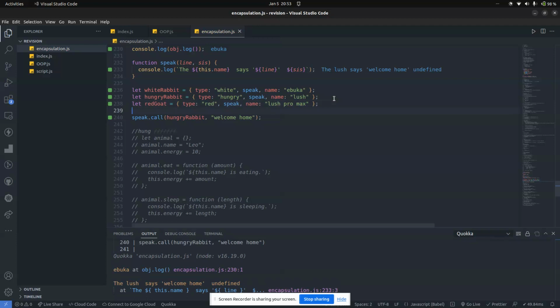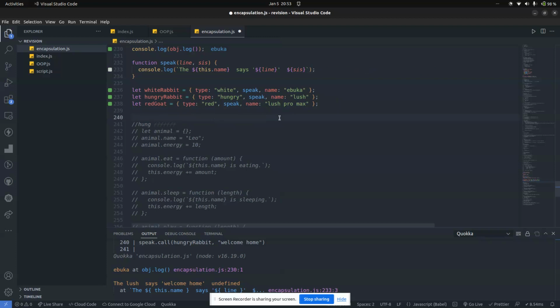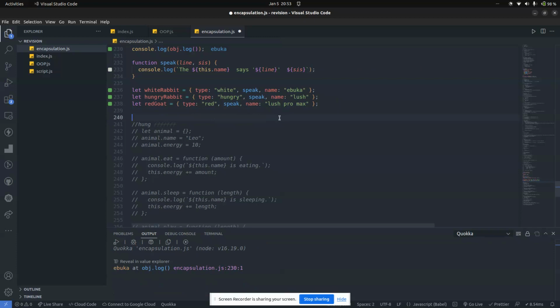I have three different objects, and they each have a type, a speak, and a name. I want to call my speak function, and I want it to reference red goods. What do I do? Speak dot call. If you notice, speak is a function, can anybody agree with me? Speak is a JavaScript function, true? So when I put a full stop in front of speak,